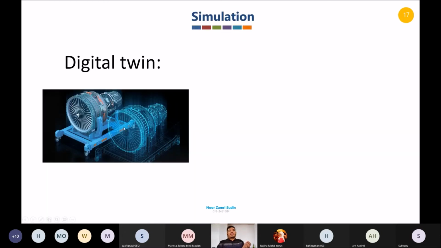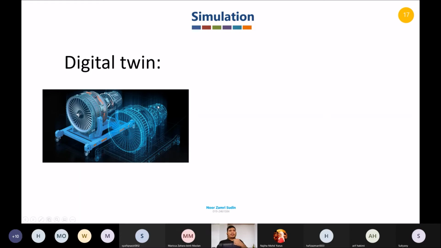Okay, this is some example in industry. So we have one turbine here, and at the same time we have all the data from the turbine, and we can create one digital twin in the digital world. So when the turbine is turned on, we can see the digital twin can also be turned on at the same speed, same power, same output and same movement. I can say it like that.